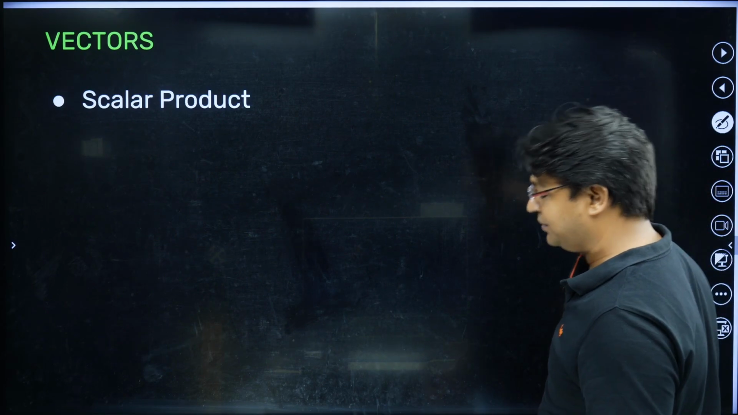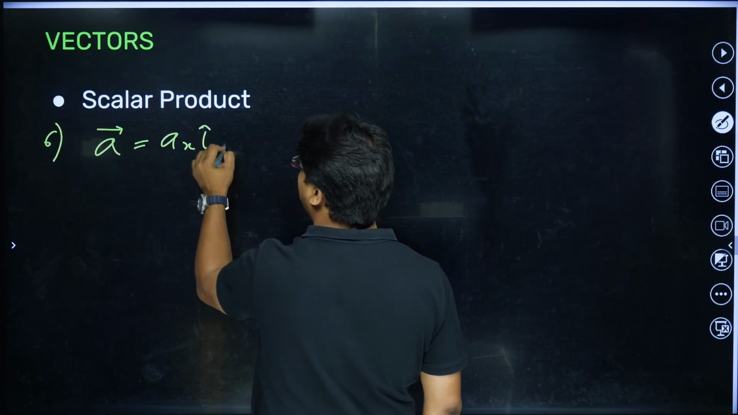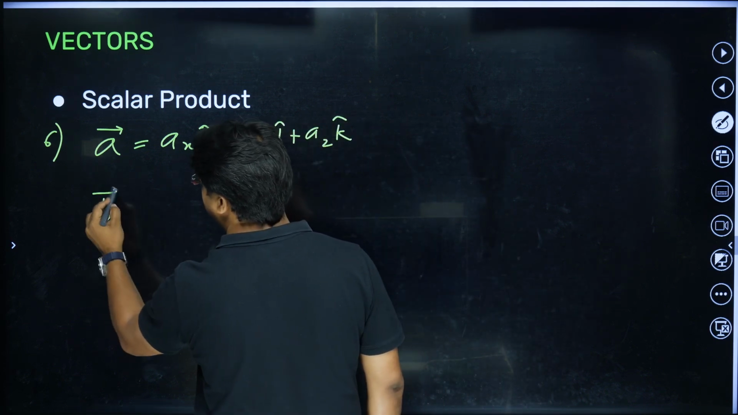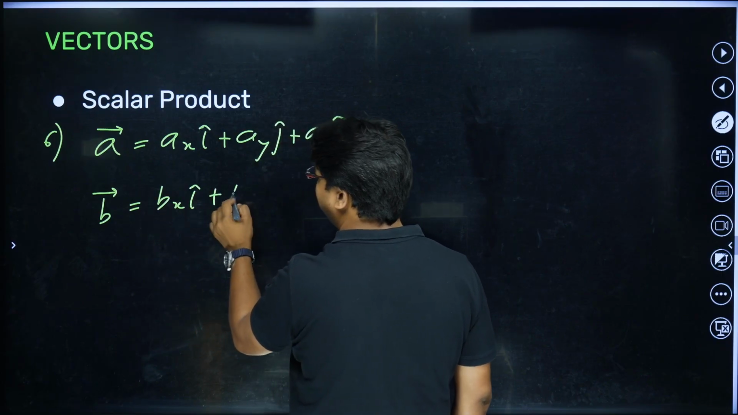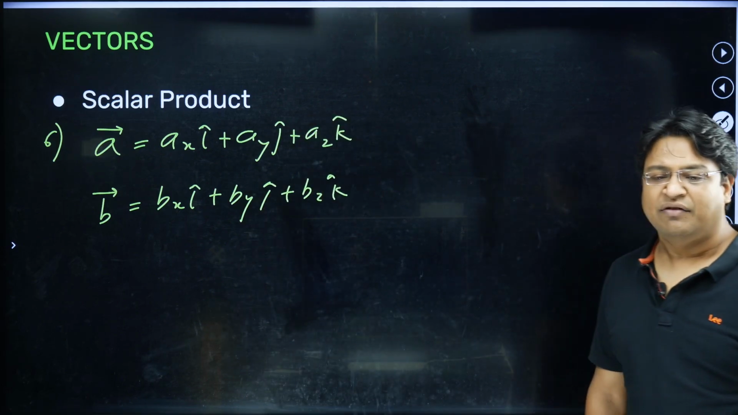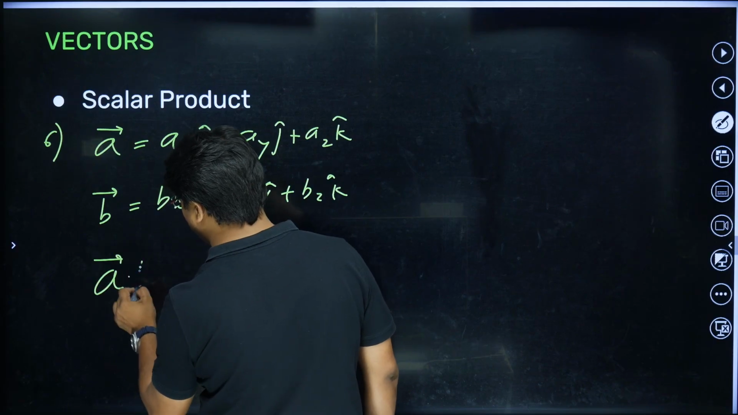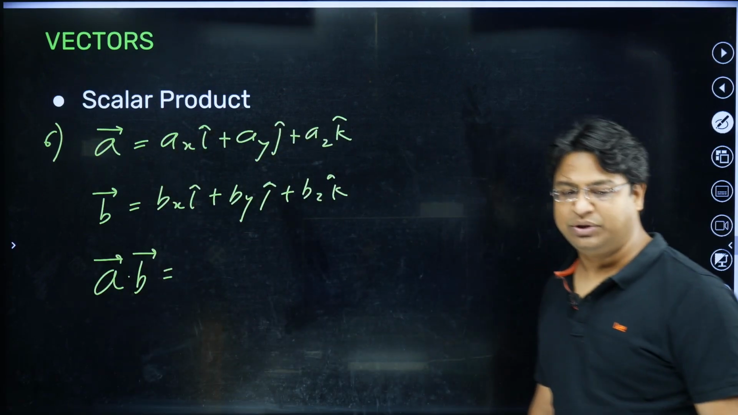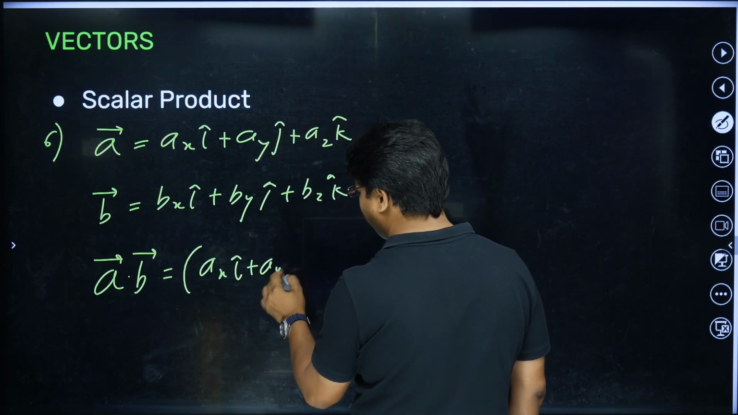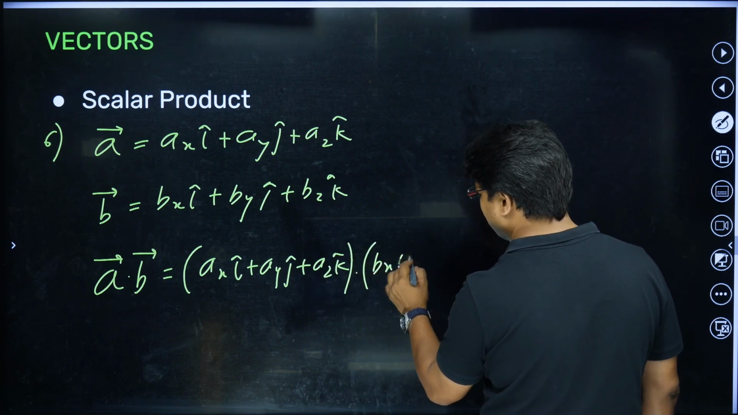Next, we can talk about the next property. Suppose a vector A is written as ax i cap plus ay j cap plus az k cap, and another vector B is written as bx i cap plus by j cap plus bz k cap. So vector A is written in terms of ijk, vector B is written in terms of ijk, and now let us say we have been asked to multiply A dot B. So let's see what we will be doing. We will write ax i cap plus ay j cap plus az k cap dot